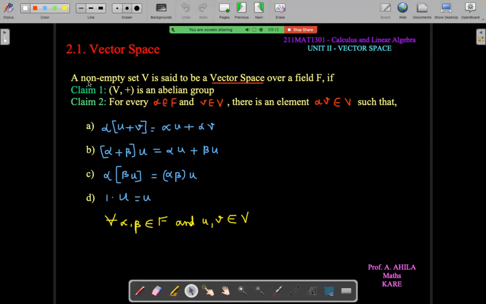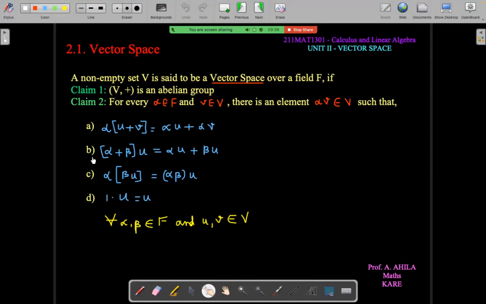Vector space. By definition, a non-empty set V is said to be a vector space over a field capital F if claim 1: V, plus is an abelian group. Claim 2: for every alpha belongs to F and small v belongs to capital V, there is an element alpha into v belongs to capital V such that first condition: alpha into u plus v equal to alpha u plus